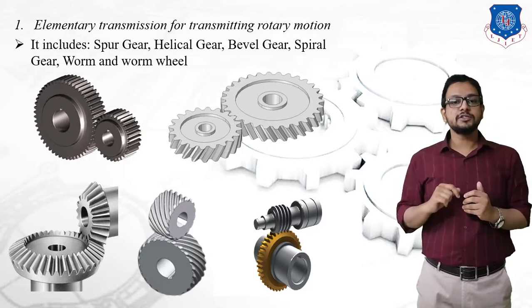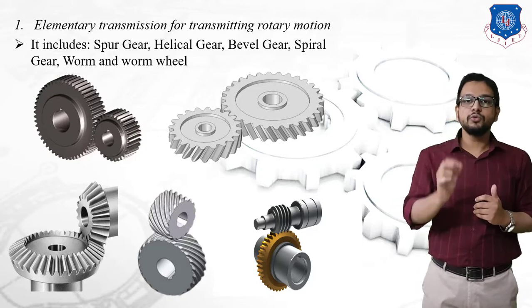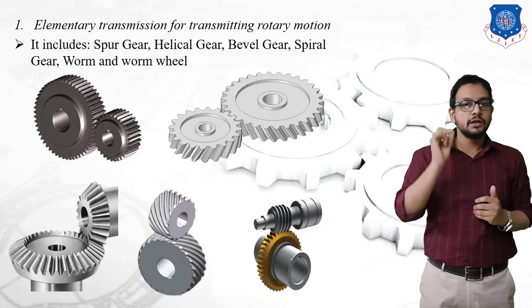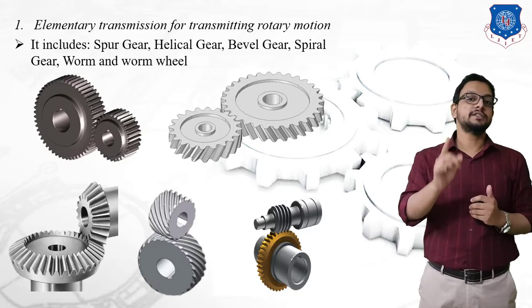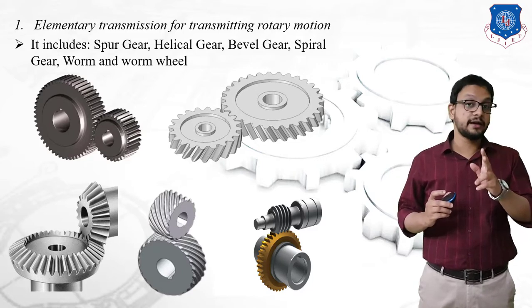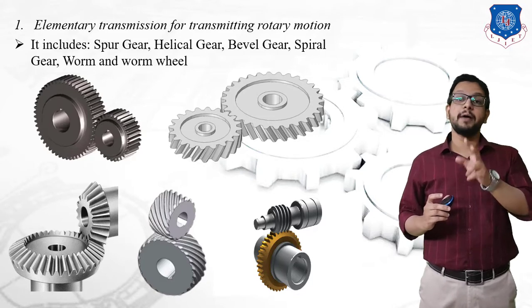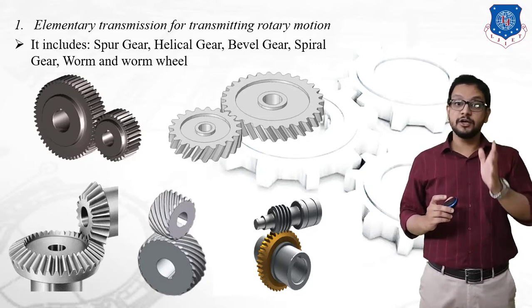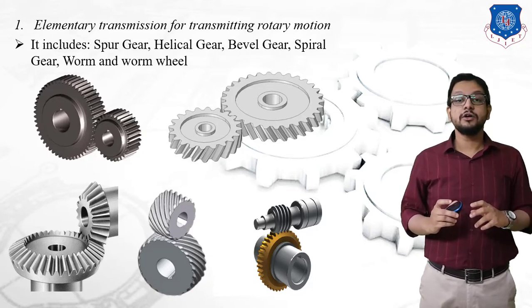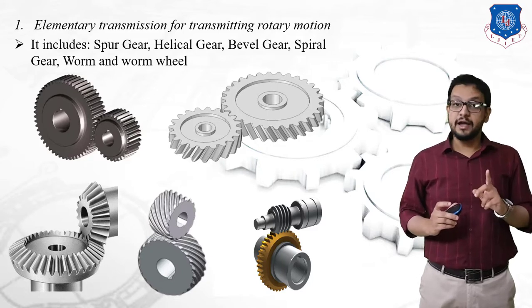Now next, as you can see on your screen, it is a spiral gear. Spiral gears are used when two shafts are non-parallel. Remember, the two shafts are non-parallel and non-intersecting, whereas in the previous case of bevel gear, the two shafts are intersecting. In the case of spur gear and helical gear, the two shafts are parallel. So this is the main difference which we need to keep in mind. Whereas in a spiral gear, the two shafts are non-parallel and non-intersecting. At that time, we can use a spiral gear.